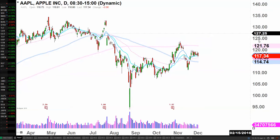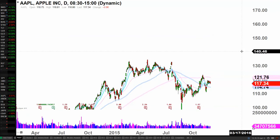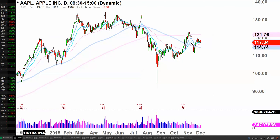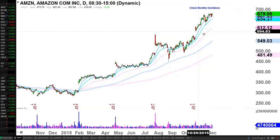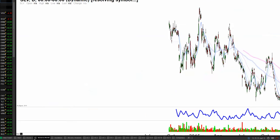Then I think if you are patient enough, Apple can get to 150, even 160, possibly next year. Let's look at Amazon. Obviously when you look at Amazon, this is a very, very bullish stock, but I do want to pay attention to